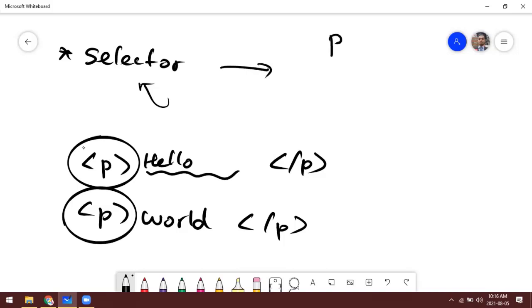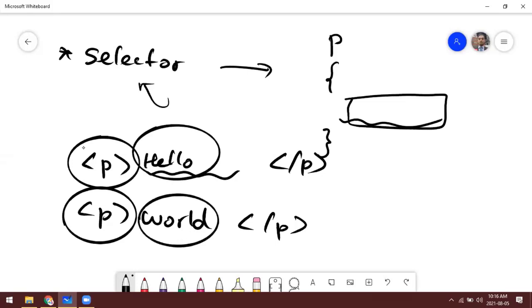If you just reference paragraph as per the syntax, what will happen? Whatever you apply will be applied to both of these. Why? Because you have simply referred to the default HTML element, paragraph. So all the paragraph tags will have this effect, right?